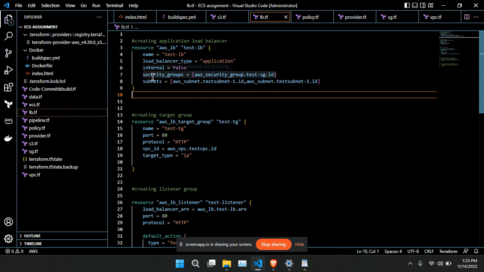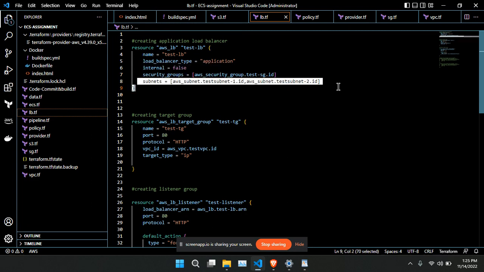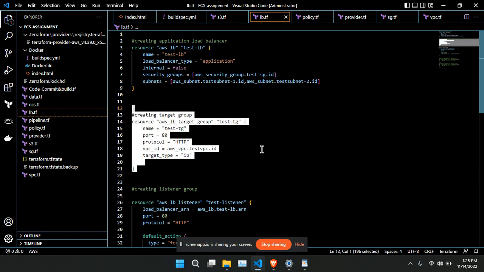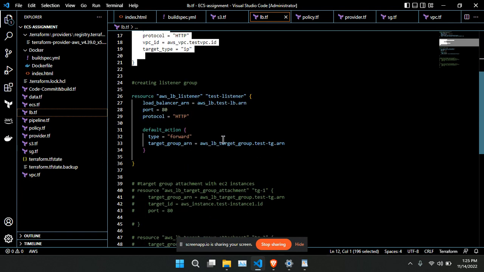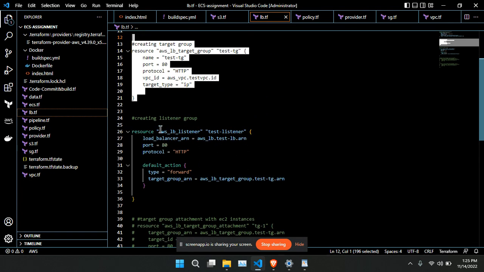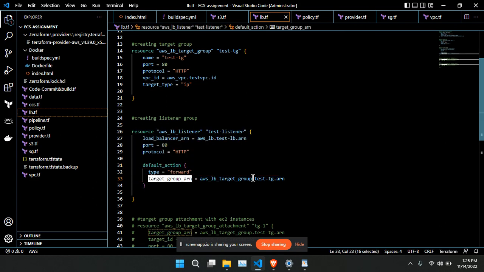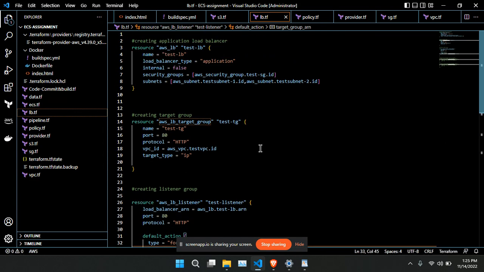So here you can see I have attached both of my subnets to this application load balancer. Here I have created a target group and then a listener. You can see here, and here I have provided the ARN of my target group. So after that,